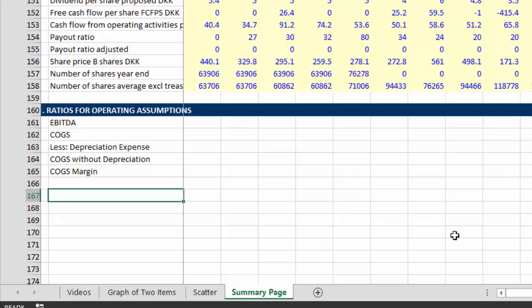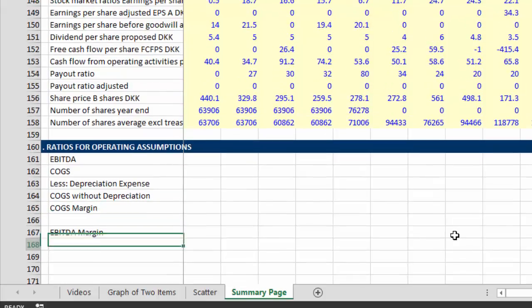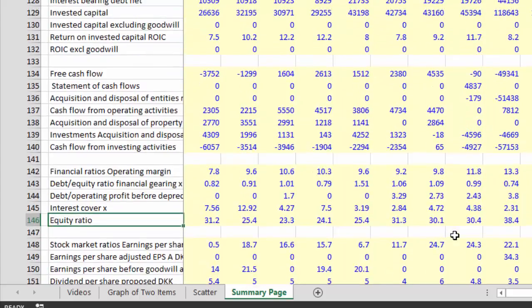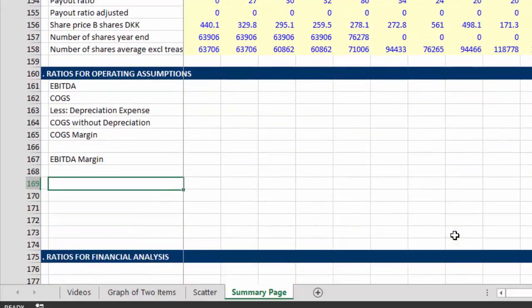And all of these you realize will be on the thing. And then we might want to get our EBITDA margin. And we'd really want to make absolutely sure that the forecast is consistent with